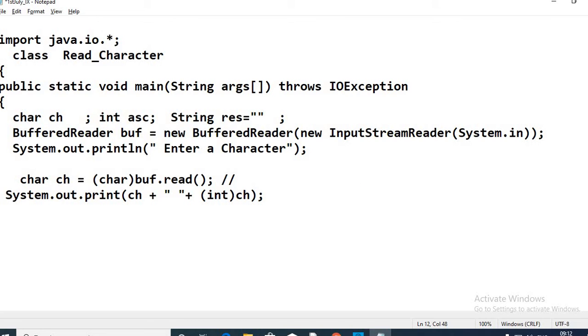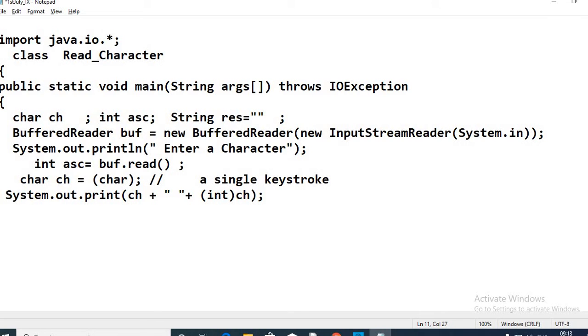We would like to receive a character and represent the character constant. A single keystroke is a character for us. A single keystroke, which can be a letter, a digit, or a special symbol. So read will help us to read the single keystroke, and the method read goes on to read the integral value associated with the character. So the return type is going to be int.